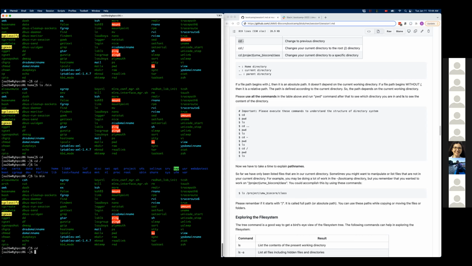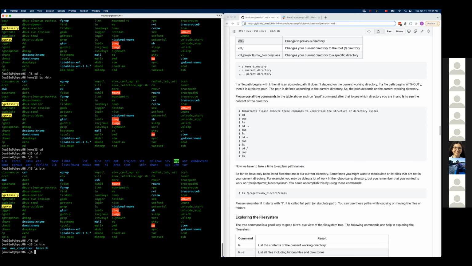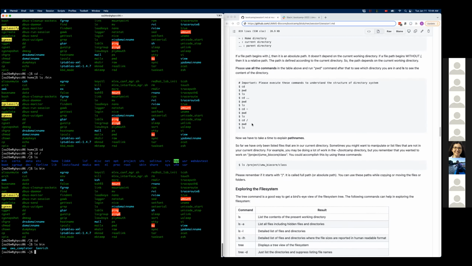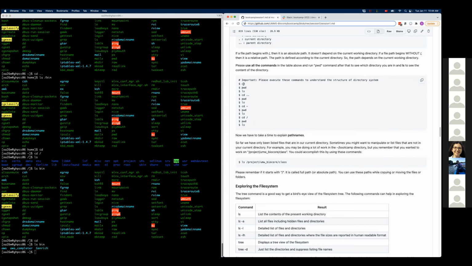But if I'm in my home directory, I do this, I get a different result. So this is now showing me the bin directory, which is present in my home directory, which you probably don't have. Okay, so please go ahead and run these commands in this order to get a feel of what they are doing.